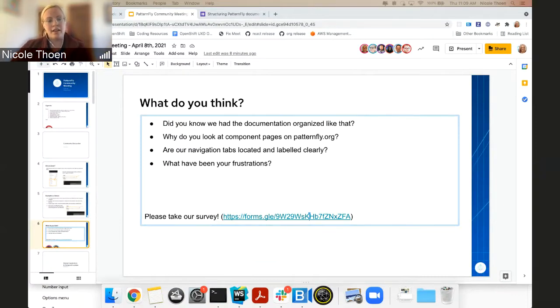I see Garrett has written in the comments, which is great. That also works for giving your feedback if people are more comfortable doing that. It says, as React sometimes lags behind, sometimes he's found himself pointing out things that exist in the HTML docs that aren't in React. And sometimes developers only look at the React docs. And sometimes React can't do what HTML does. Yes, that is something that we are constantly trying to work on. That is true about our documentation right now.